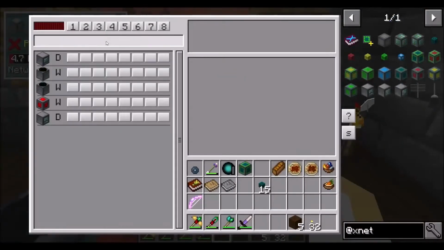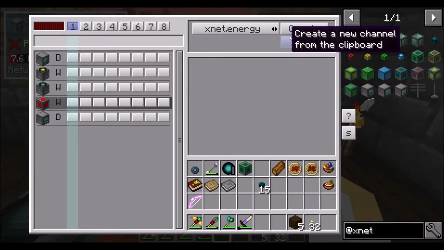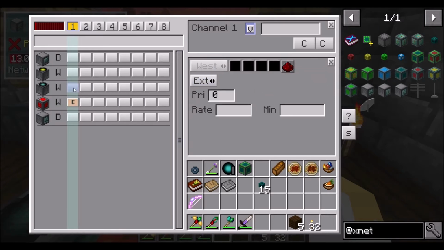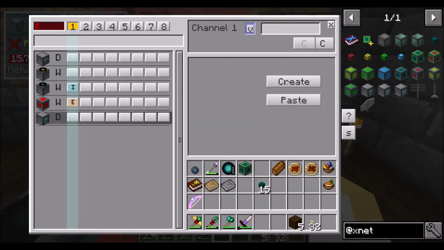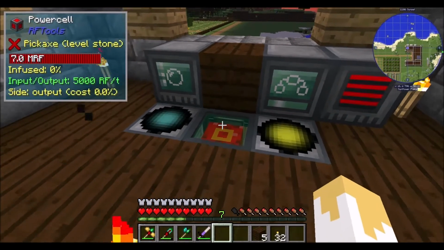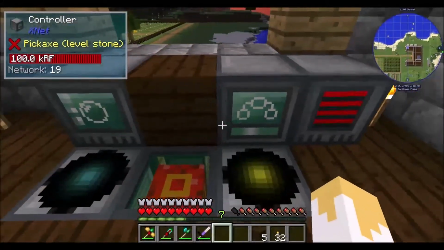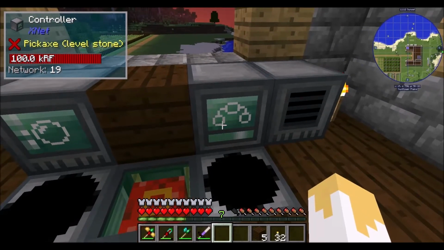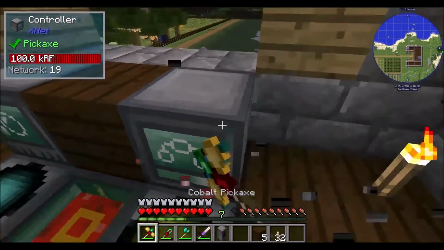Cool. Okay, now I can tell it to extract energy from here, and we're going to insert it into everything, basically. There we go. And then I think that's it. Yeah. Now, part of me thinks that this is all redundant and I don't need this. So now that I'm thinking about it,